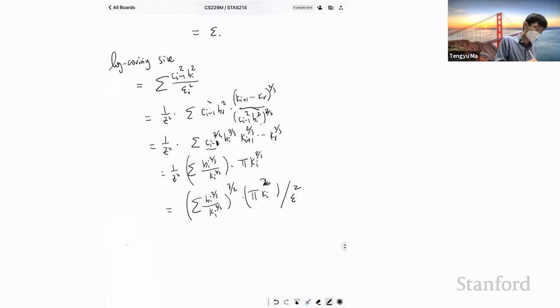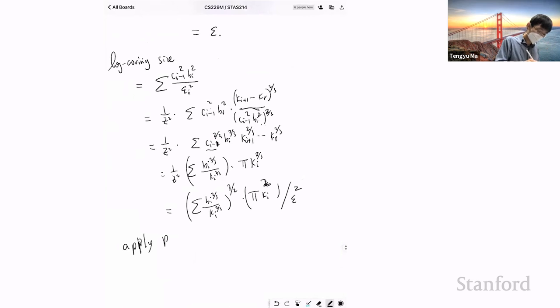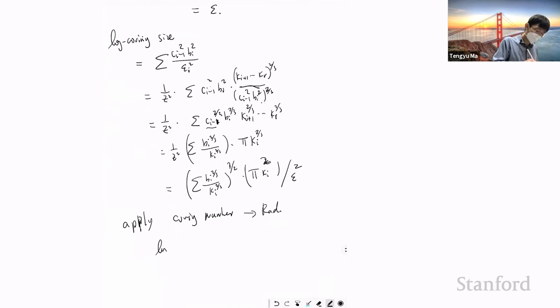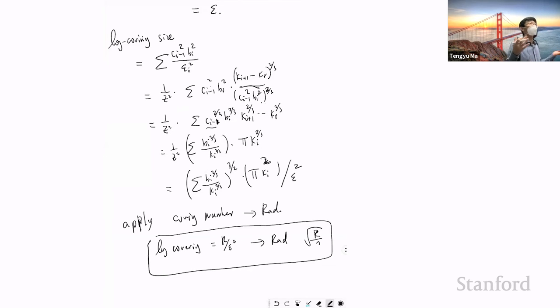And then you apply the Rademacher complexity, the tool from covering number to Rademacher complexity. Recall that if you have log covering number R over epsilon square, then this means Rademacher complexity is something like square root R over N, right? So this is what we discussed last time. And if you apply this small tool, then you get the Rademacher complexity will be square root of this one over square root N, and then you are done. Okay, so